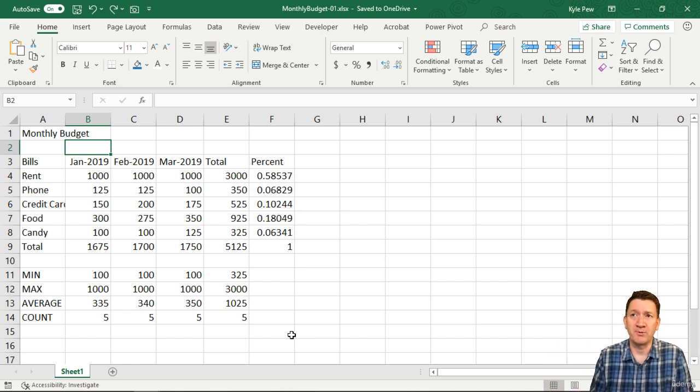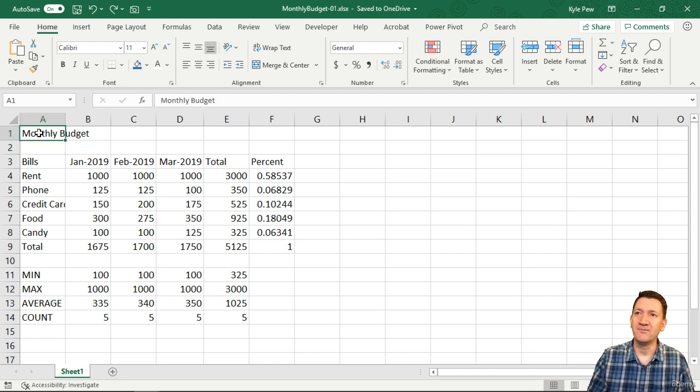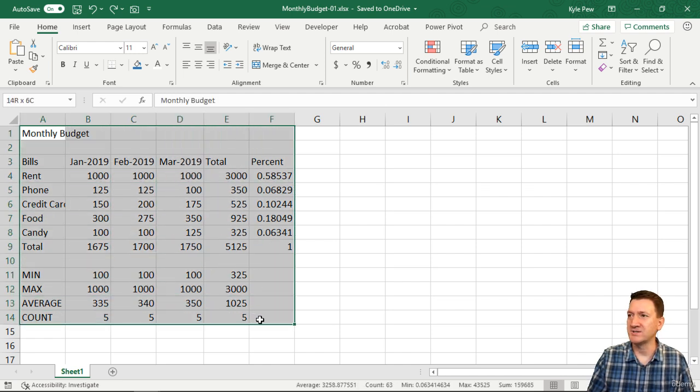Maybe for formatting purposes, I want a nice border around it. I don't want it stuck right up there inside the corner, right? For whatever presentation purposes or whatever reason, I need to move this content. Well, Excel has actually made this really easy to do, and you've got a couple of methods. Here's one of them. I can select that range. I'm just going to start inside A1, left click and drag down just to highlight all of that content